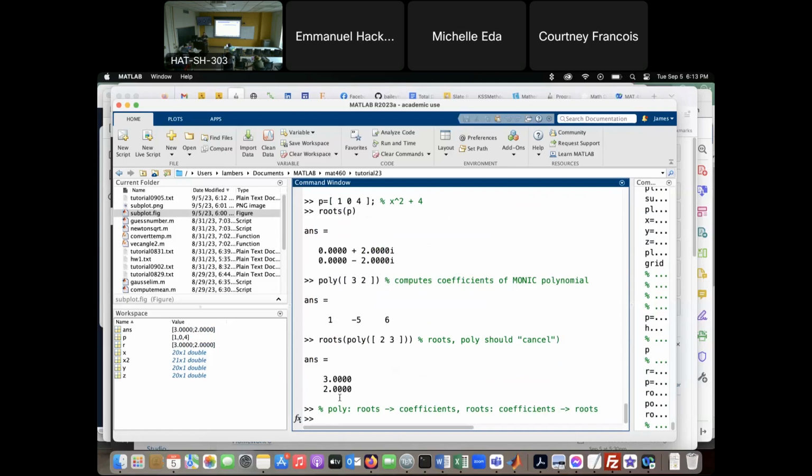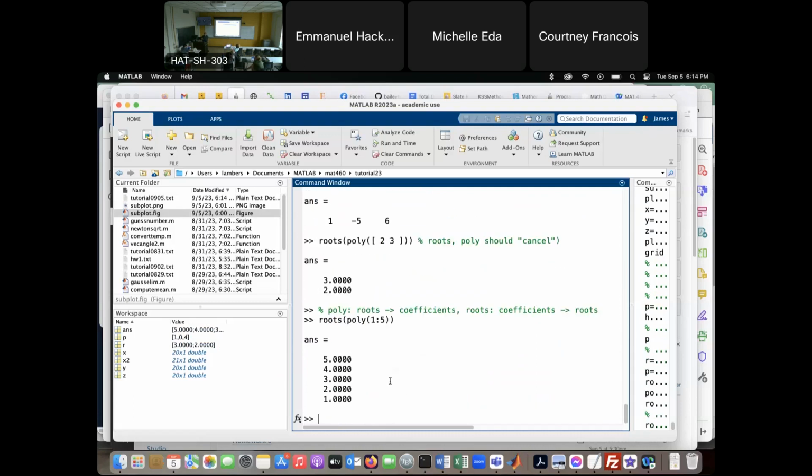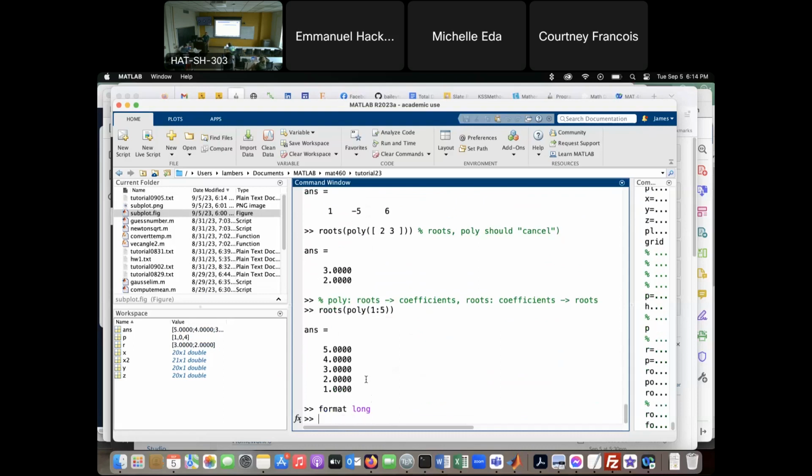Now, that should work with whatever vector I give it, we think. Let's find out. If I do roots of poly, let's say 1:5, so that's the numbers 1, 2, 3, 4, 5, I should get the numbers back, just in a different order maybe. Let's see what happens. Okay, that looks pretty good, but I'm going to do format long. I want to see 15 decimal places. So if I do that again,